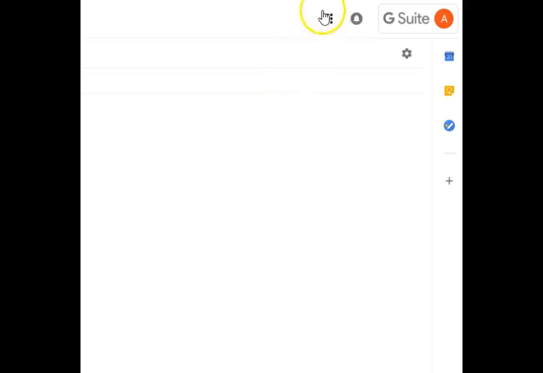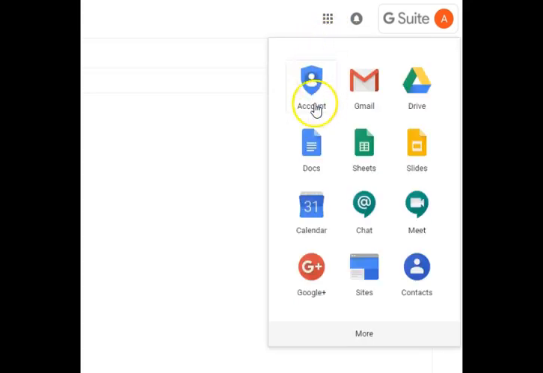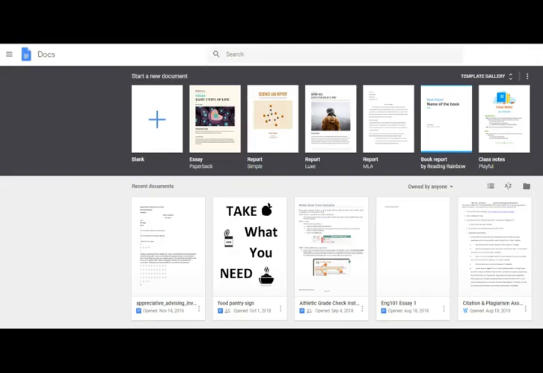For instance, if you go up to the top right-hand corner and click on Google Apps, you will find Google Docs, Google Sheets, Google Slides, and much more. Just for a moment, let's further explore Google Docs. There are many advantages to using Google Docs. For one, it's cloud-based, meaning that you can access your documents from anywhere that you have internet access. Secondly, you don't have to worry about saving your documents to a jump drive or making sure you email yourself